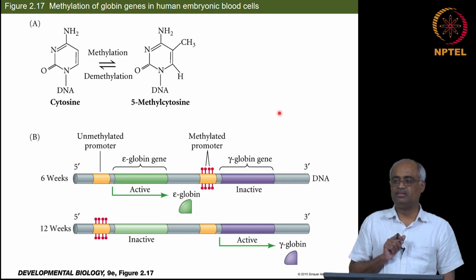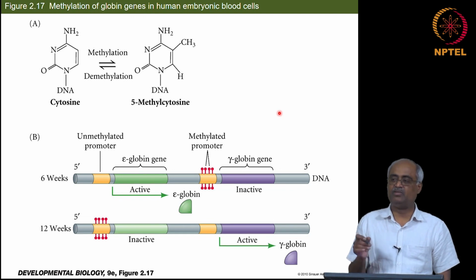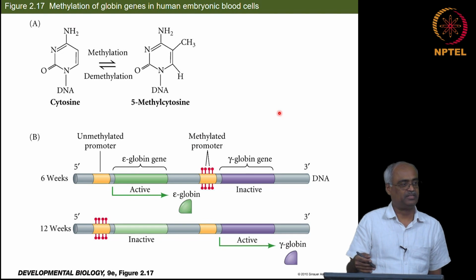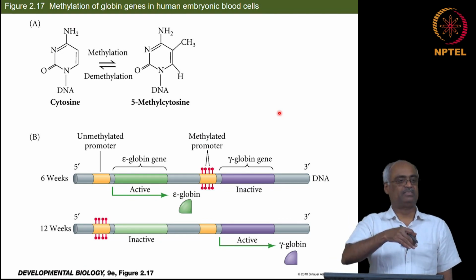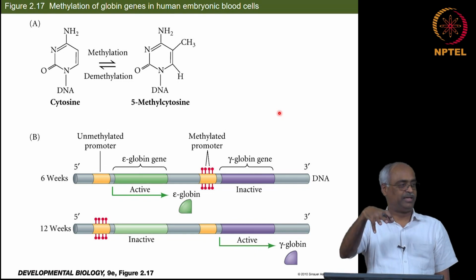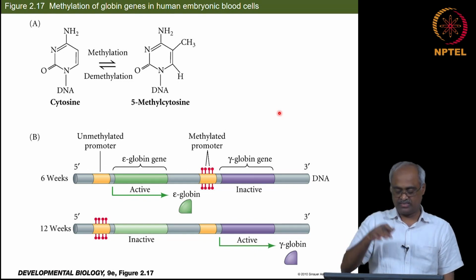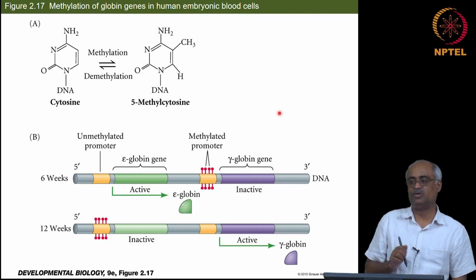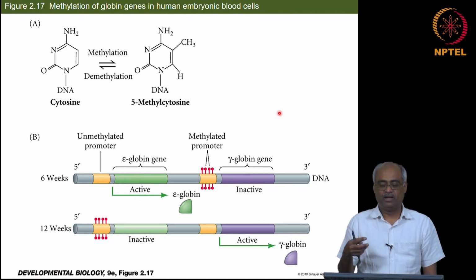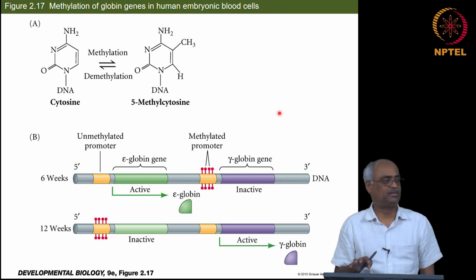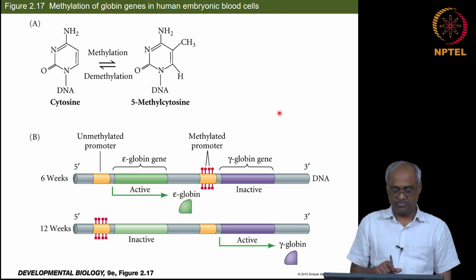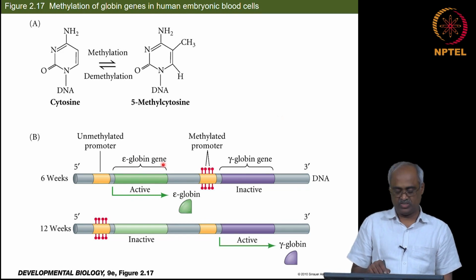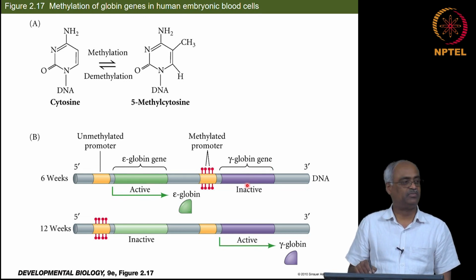And second, this can have a developmental time factor involved in it. Modification happens at some space and time, not all the time. A good example of that is shown by the way hemoglobin genes are expressed, the beta globin. Initially in the early embryo, the epsilon version of the globin gene is expressed, and its promoter is not methylated. Whereas at that time point you have the gamma globin, which is usually expressed in the fetus,